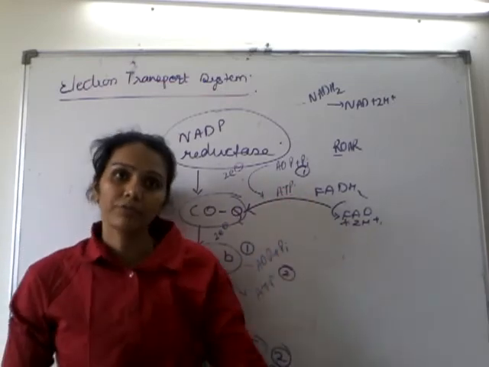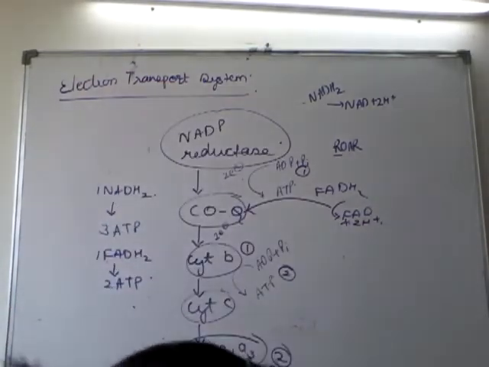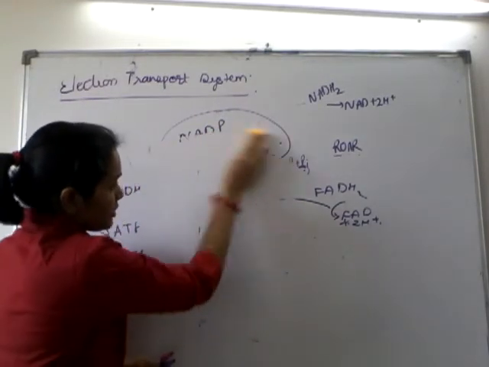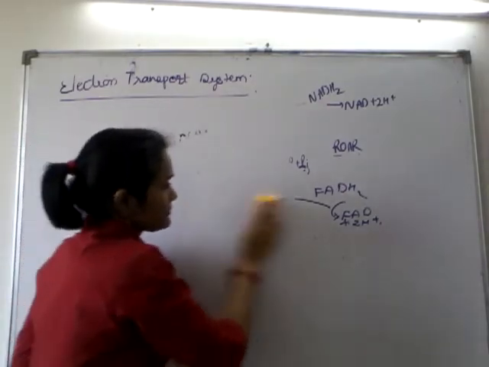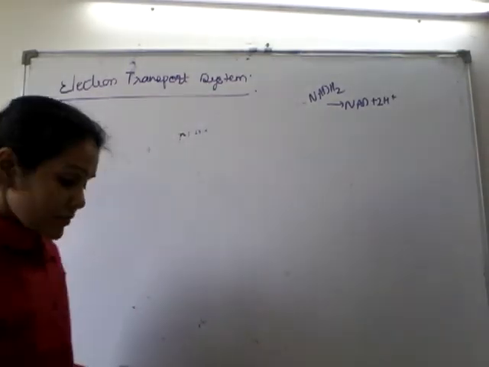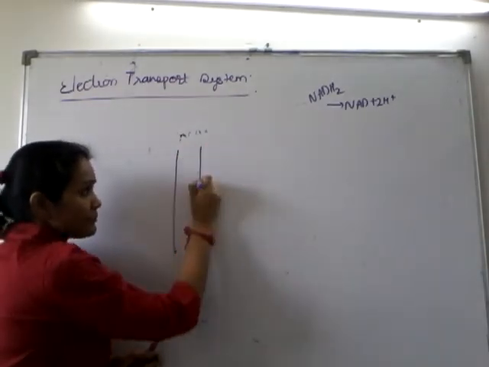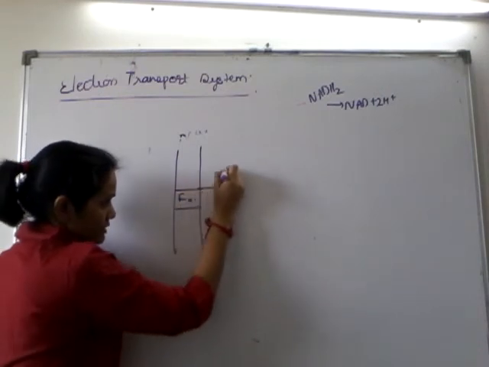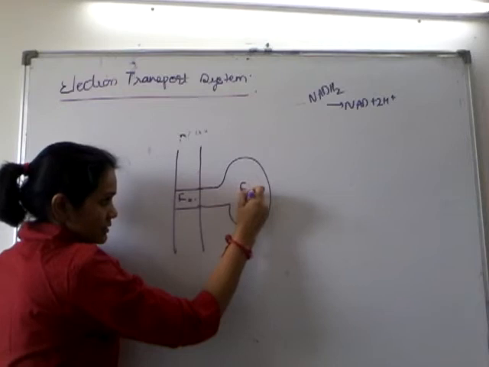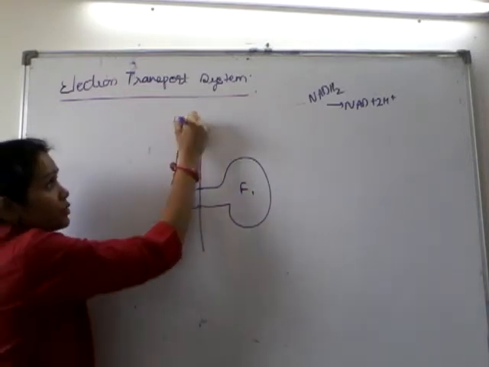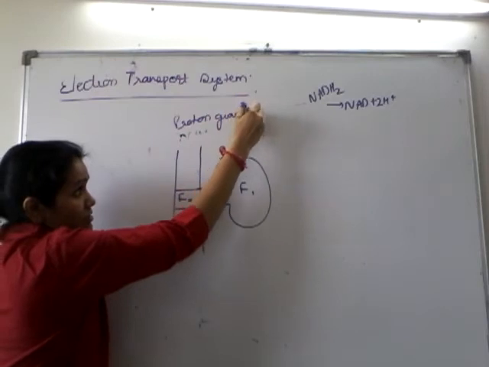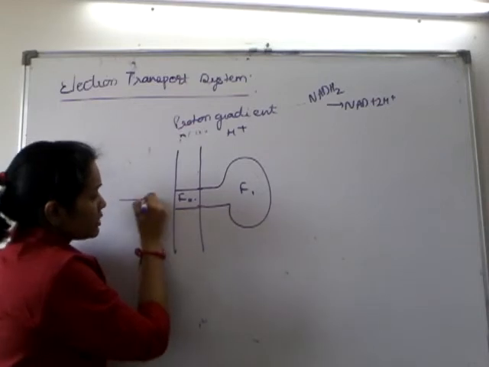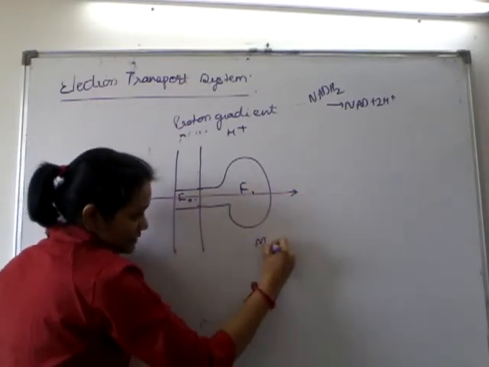Now, how does this ATP formation occur? This occurs through specific channels called F0, F1 particles. Let us comprehend our knowledge about how this occurs. This is the inner membrane of mitochondria. The embedded part is F0, and the part which is protruding is F1. When there is a proton gradient, a difference in the concentration of H plus, then they move from the inner membrane space towards the matrix.